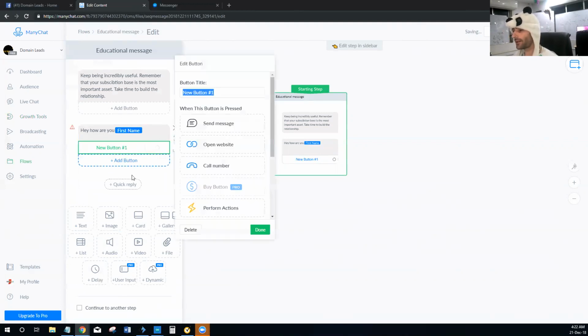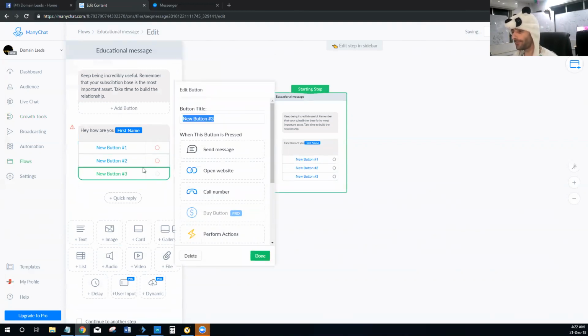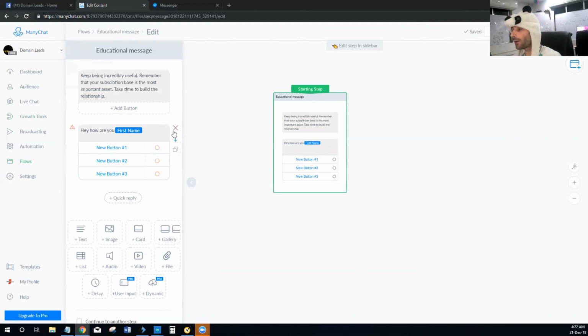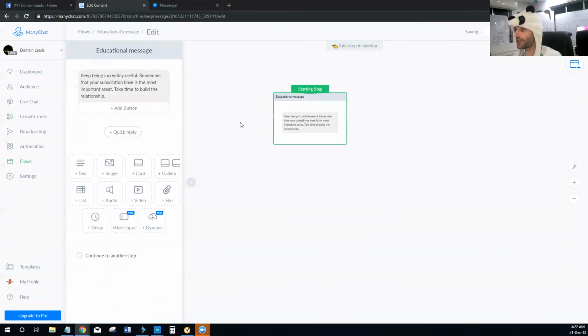On your text objects, you can add buttons. You can actually add up to 3 buttons, and these buttons can perform other actions inside your chatbot. So all of this we're going to go over more and more in depth. I just want you to be aware of the different types of message objects that you can actually use inside